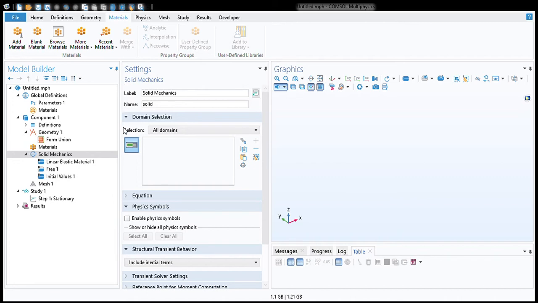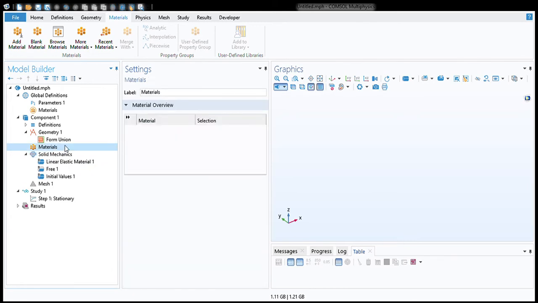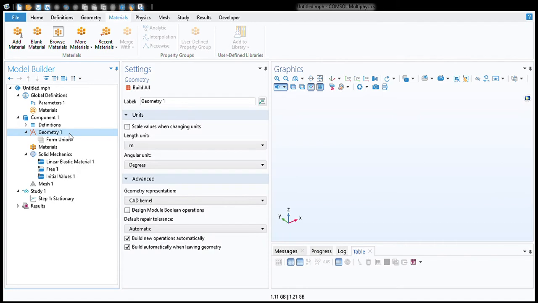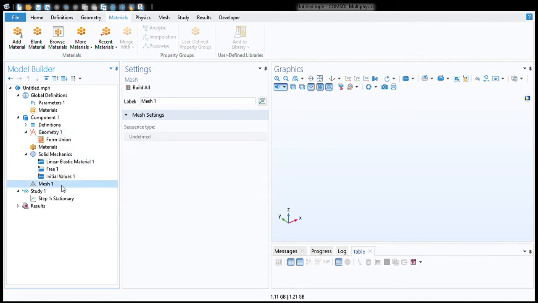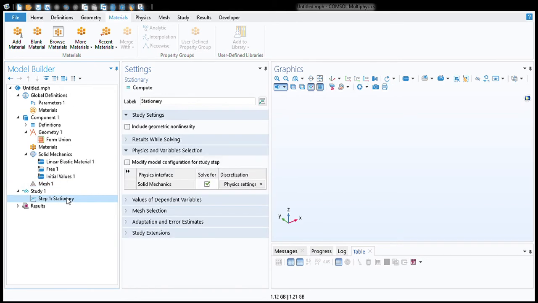Different boundary conditions can be applied to your model. After all the boundary conditions are applied, the material is described and the geometry is described, you can mesh your geometry and do your stationary study or any time dependent study or any study you want to do in COMSOL. Then next is the graphics page.